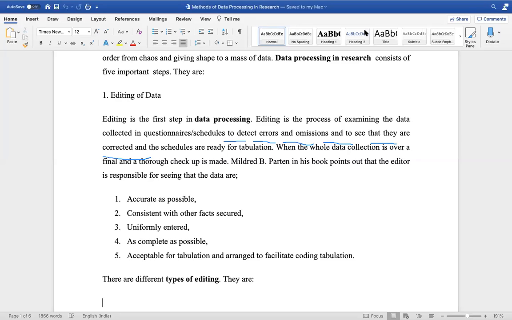So now what will happen? I will appoint a company which is specially into these. So I'll find one of them and ask them to research. They are going to collect the data for me. They also have an editor, right? The editor is actually responsible here to see if the data is as accurate as possible, with minimum possible errors, and